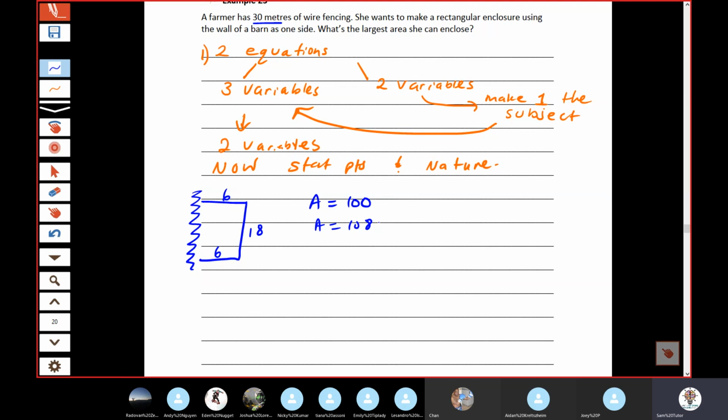So 8 square meters by just increasing one length by 1 more meter and reducing another length. Okay, then again, Eden comes in and goes, no, Sam, I think it should have been 7. 7, 7, and then that's what, 14? And then it should be 16. What's 7 times 16? 112. Yeah, even larger. Now, obviously, you can't just keep doing that because it's going to be a turning point,